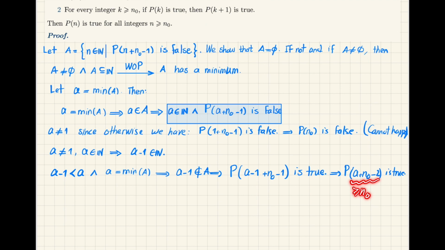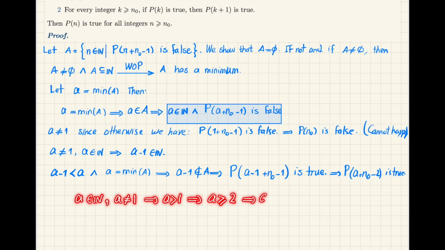Yes, is that true or not? So what I need to show is that a is greater than or equal to 2. Yes, when you say that a is a natural number and you say that a is not 1, this means that a is greater than 1, so a is greater than or equal to 2,